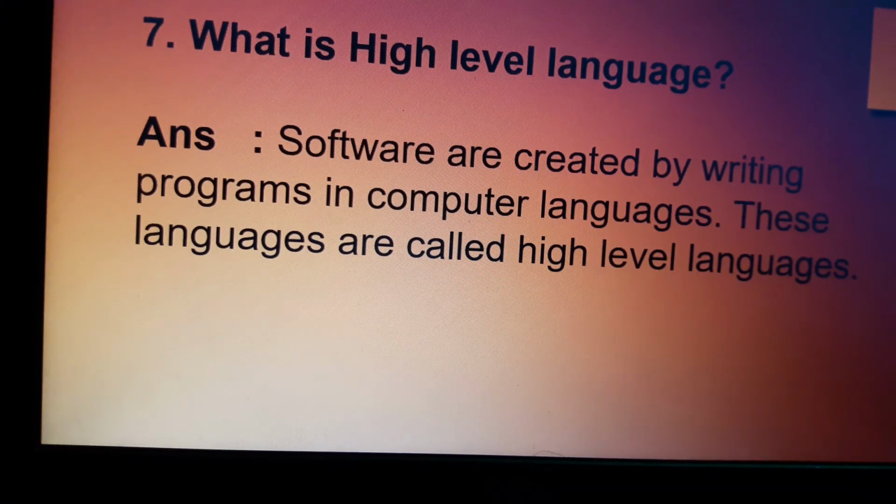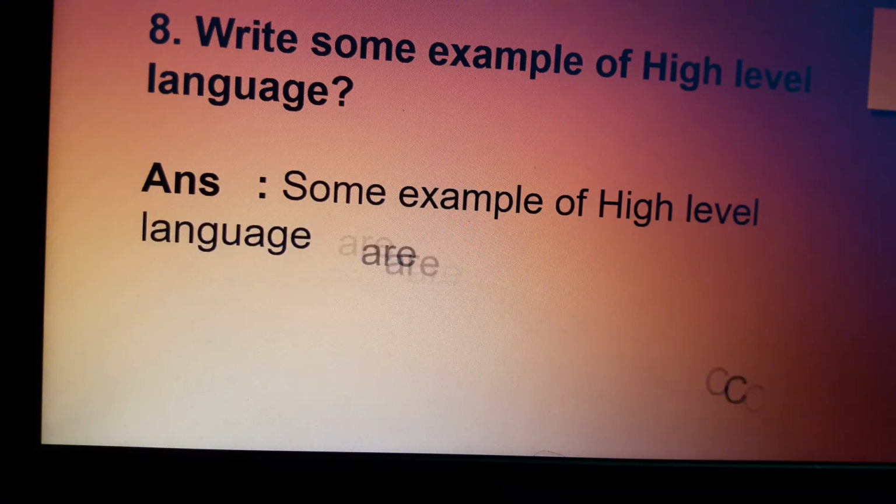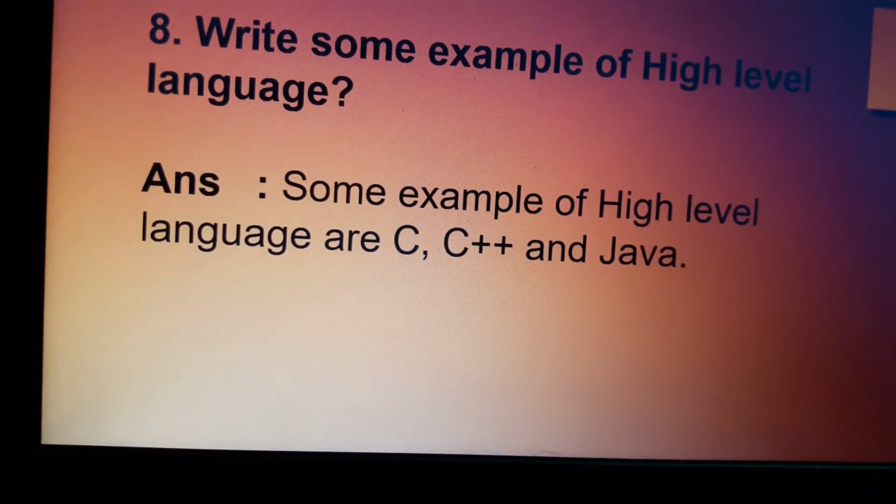This computer language is called high level language. Examples of high level languages are C, C++, Java and many more.